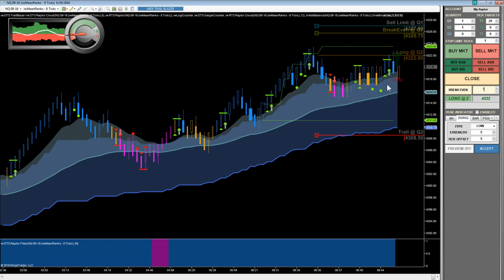And there's a chance that we may get what we call the double pullback signal, where the market comes into the hard edge twice and then comes out and produces a buy signal, a with trend signal. If we get a little bit of traction here, what I want to show you is how the Trailblazer and